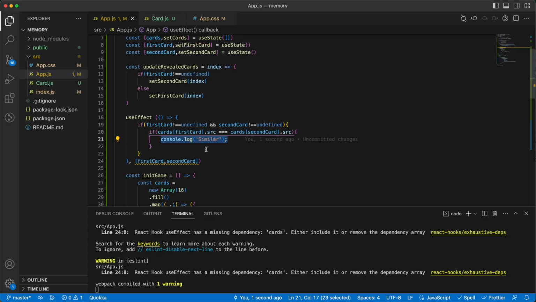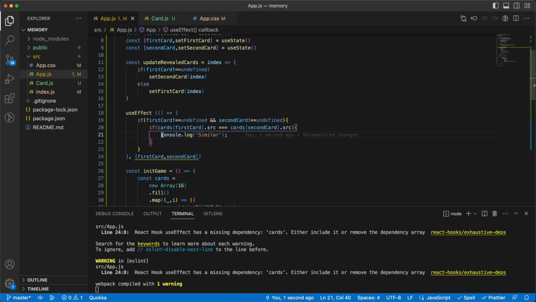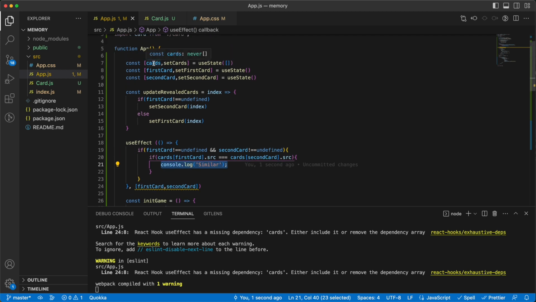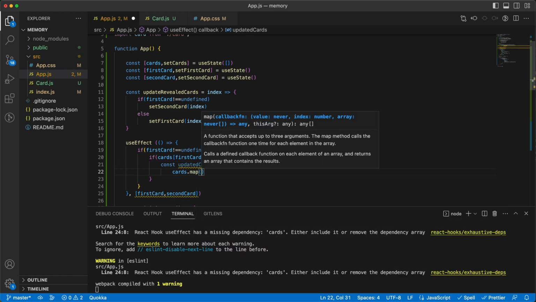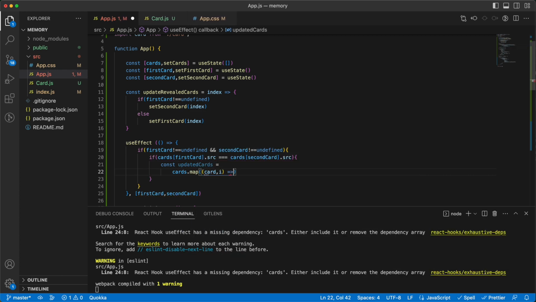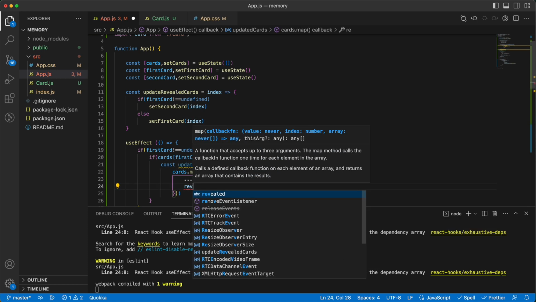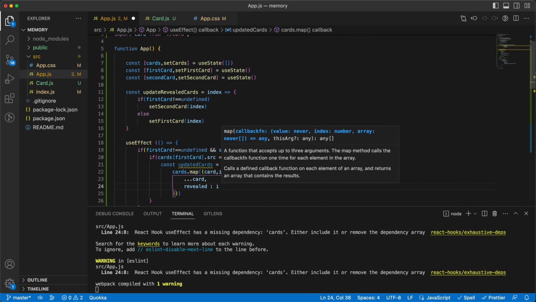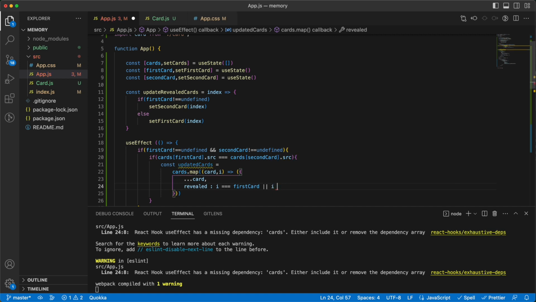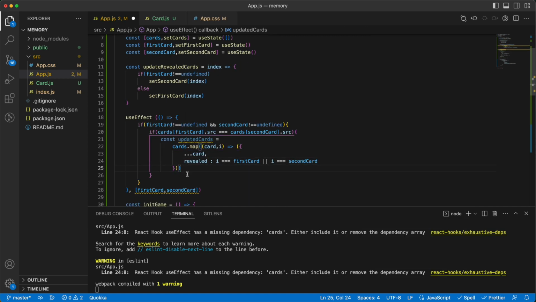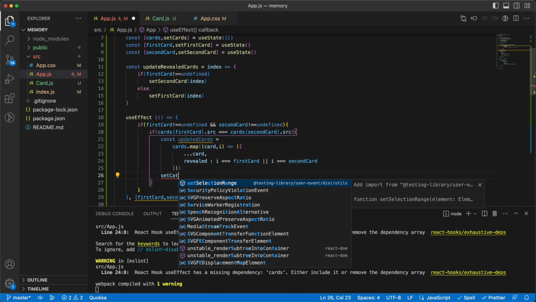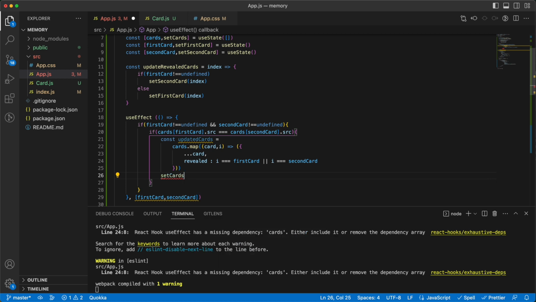So this is the thing that we are going to do. So I would grab this list and map the values until I find these two cards, and then I will change them to be revealed. So